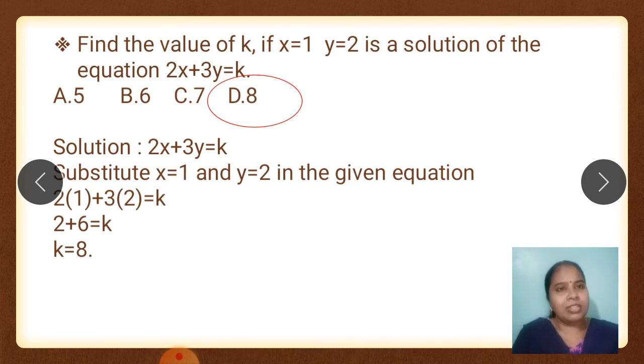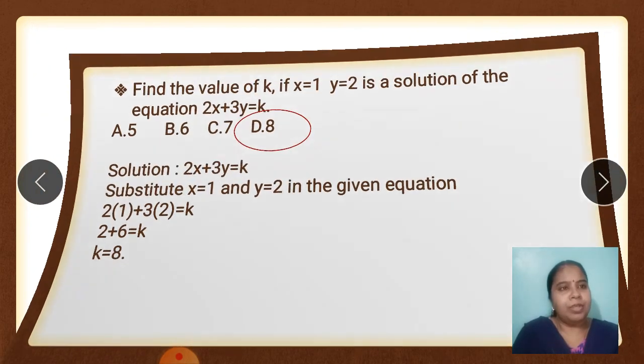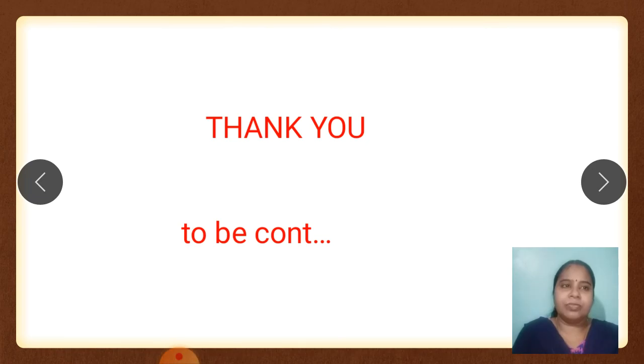Okay, this type of sums can be asked from this chapter for 1 mark. And the remaining type I will continue in the next session. Okay, so next session I'll be taking probability and a few important sums of 2 marks MCQ from chapter number 1.